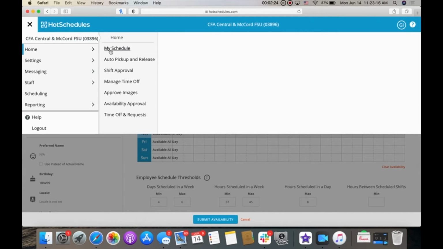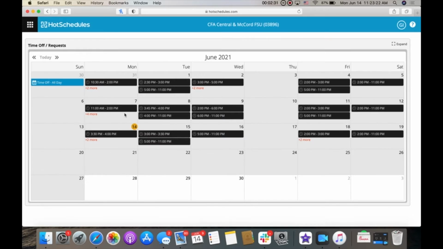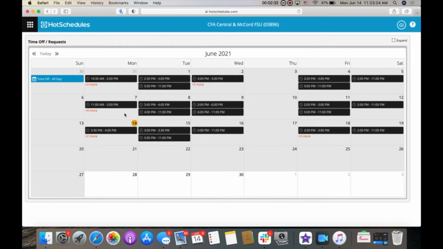For time off requests, you'll start in the same way. You'll go to that black box on the top left. You will go down to home instead of settings. Then you will go over on the second half of that to time off requests at the very bottom. Go ahead and click on that and it'll bring up a calendar, and you can't ask off any of the shaded out areas, only because we ask that you put in your time off request at least 2 weeks in